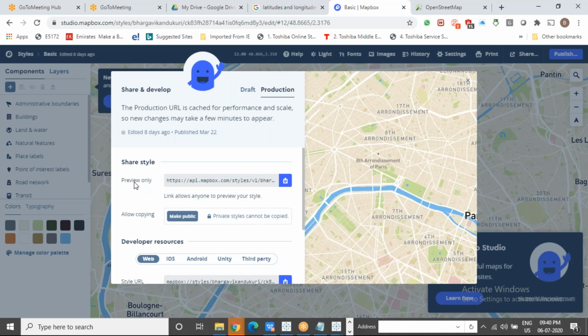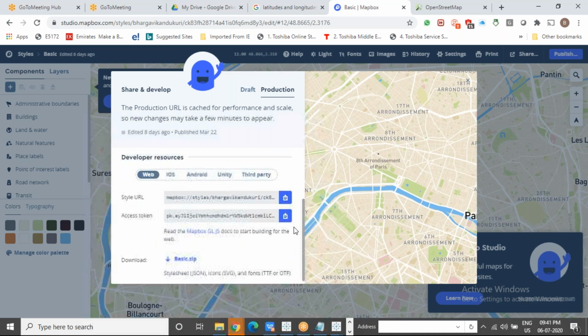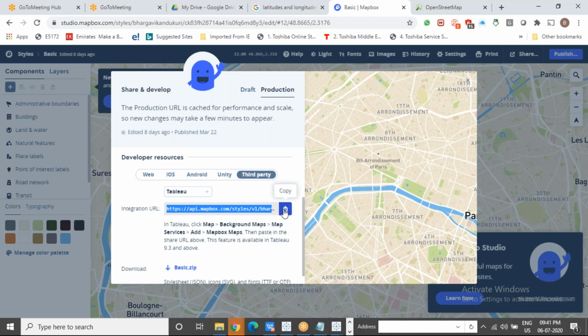Okay, share, style, preview, all this. Now, with whom are we trying to share it? We are trying to share the map that we created over here with some third party. That third party is Tableau. We are trying to share the maps that we have created with some third party, which is Tableau, and the link will come up, which you just have to copy. Okay,